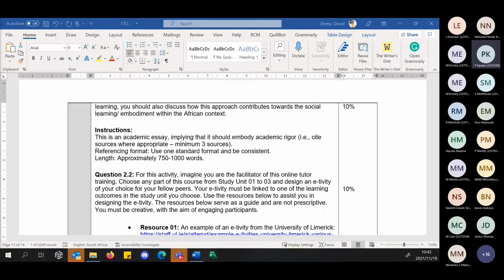Yes. The only question that I may also have is that we have references for each question or each part of the portfolio. So we'll have, let's say, question 2.1, then it will have its references there.